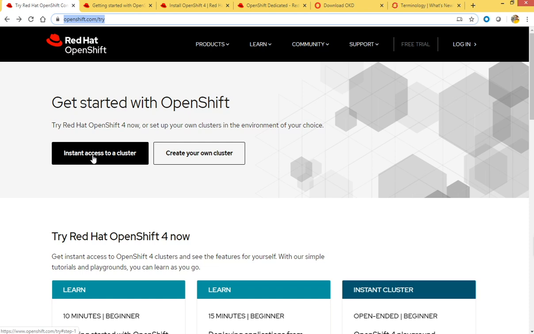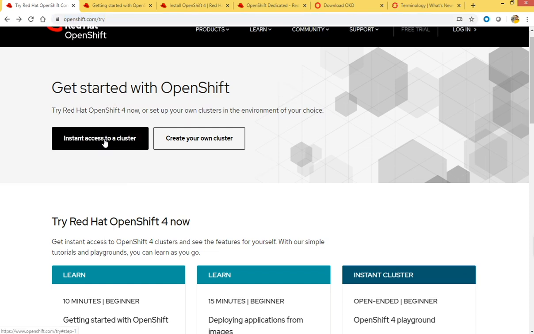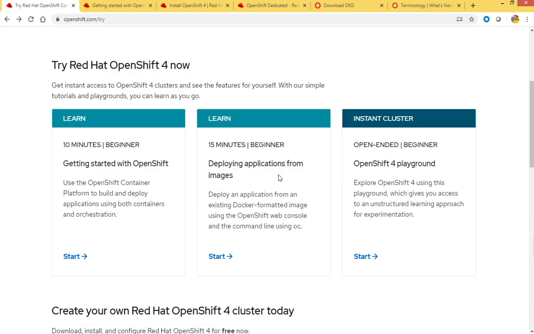If we click on this, let me check. So we have these three options, right? We can get started with OpenShift on a platform given by Red Hat Cloud Platform, just for hands-on or testing purposes, for 1 hour. It has a duration of just 1 hour. And if we click on the start one,